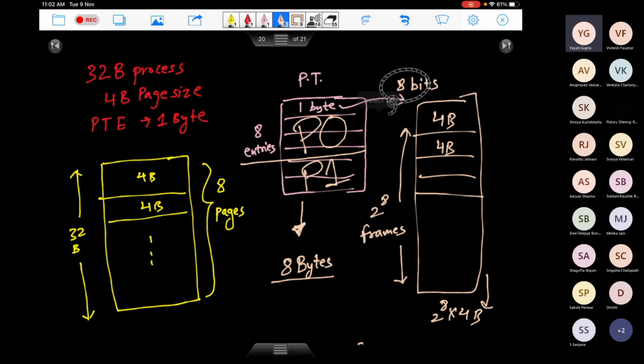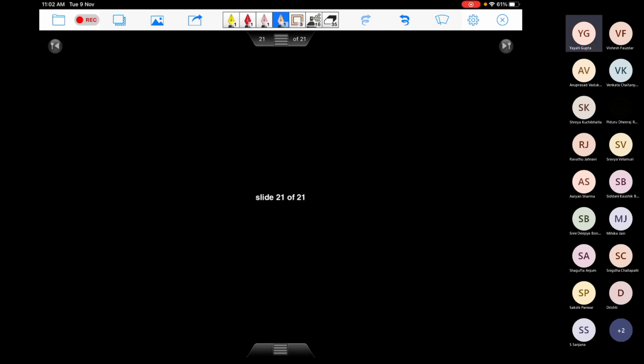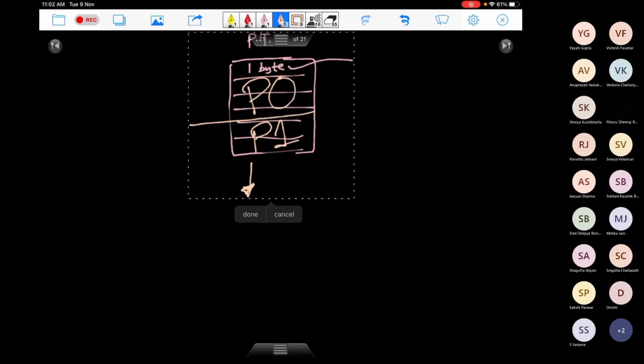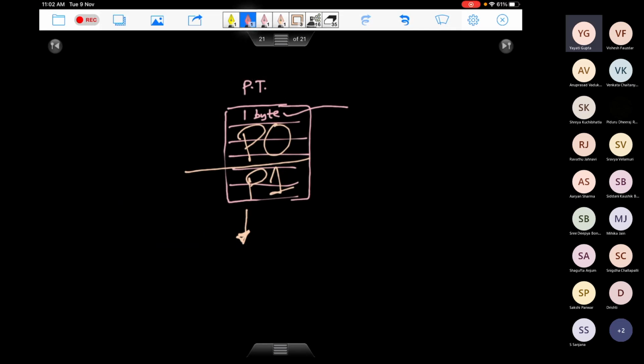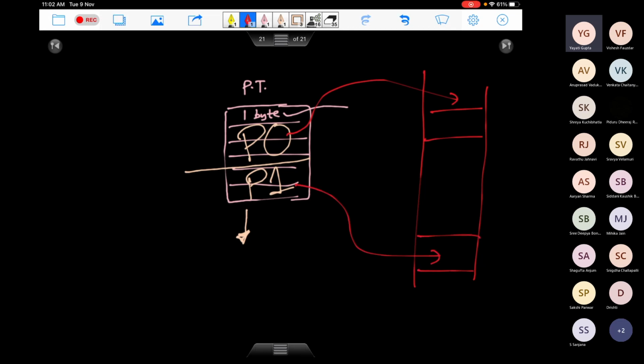Let me just pick it up from here. Let's say this is your main memory. This P0 goes and sits in some frame at some place. P1 goes and sits in some frame. Let's say P0 sits in frame 9, and P1 sits in frame 2. For that particular thing, we need another page table. So this is your page table for the page table, right?